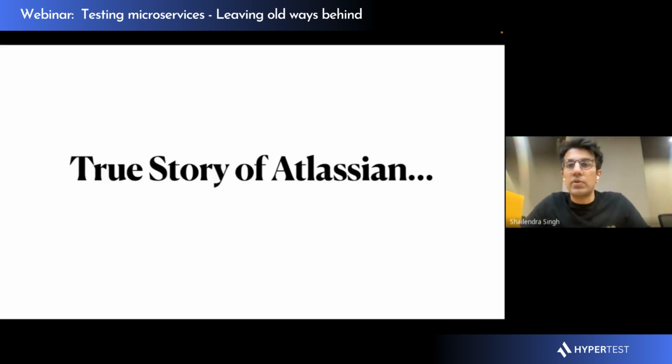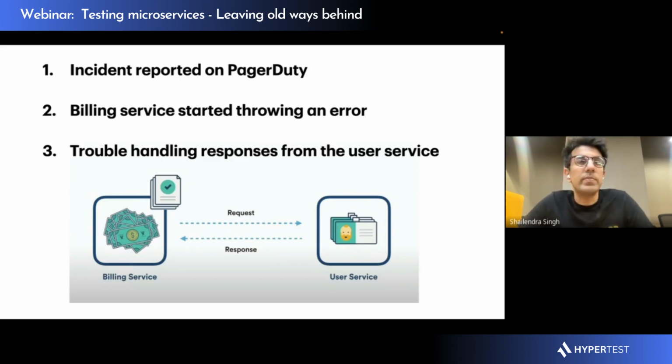The story is of a company called Atlassian, pretty popular, maker of the most popular software like Jira and others, all collaboration software. So this is a true story. This is a problem that happened, I think, 3-4 years back, and it's narrated by one of the engineering teams. So what happened was that